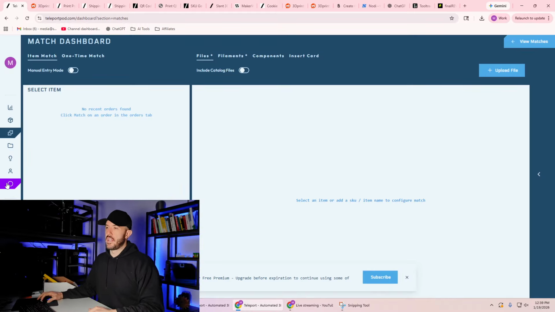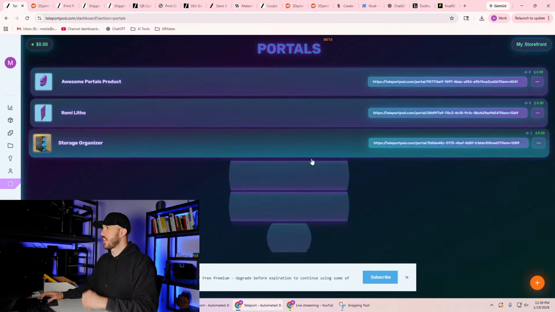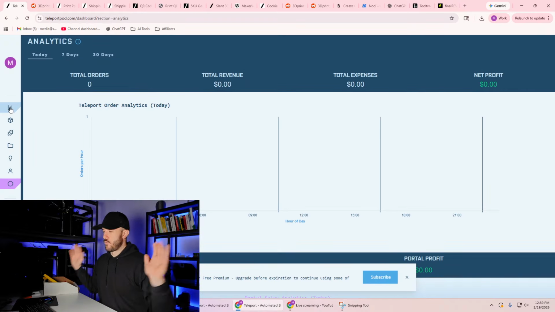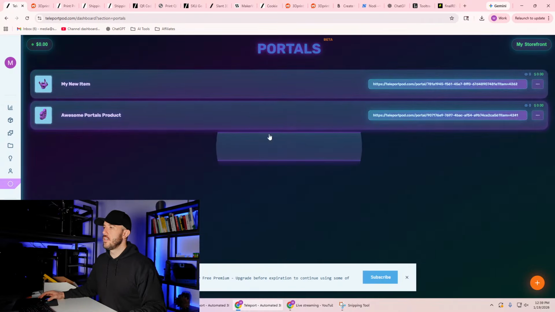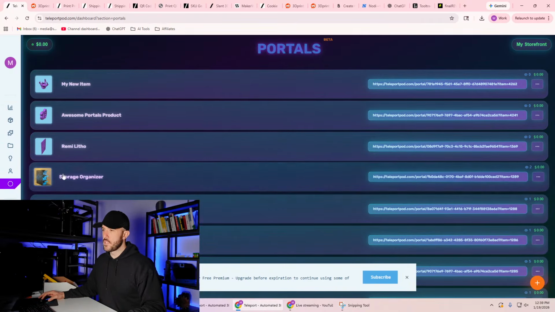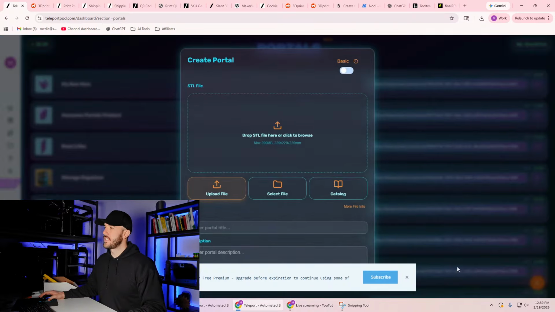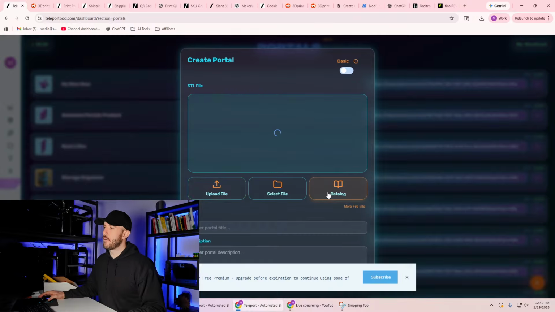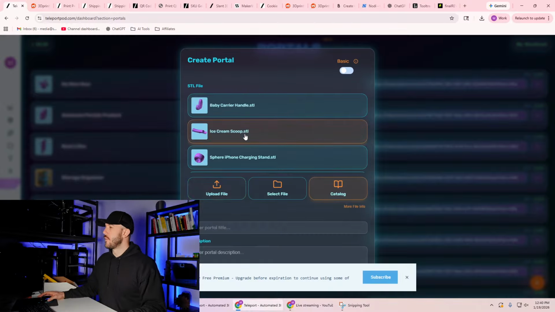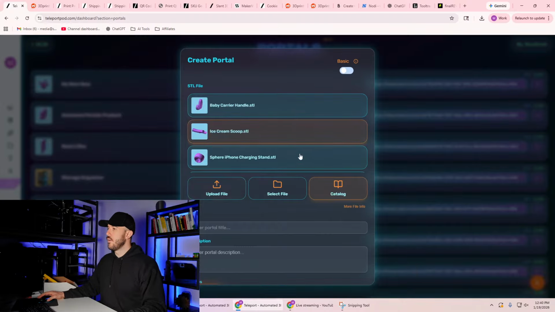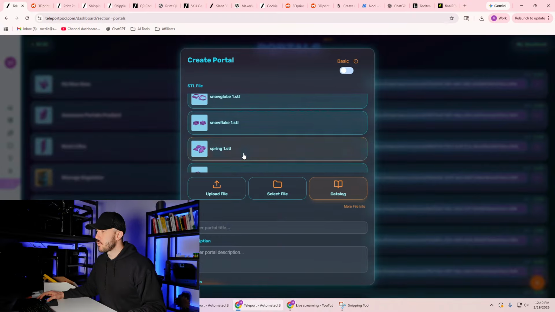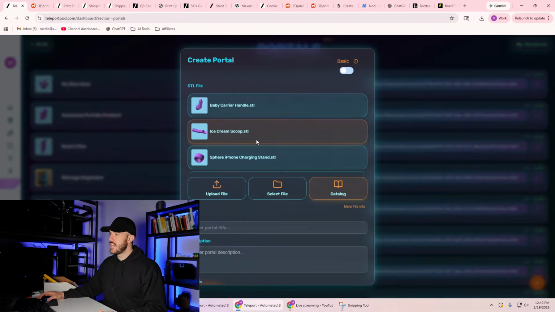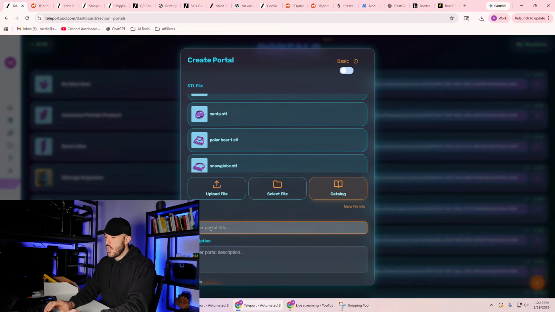Let's go ahead and do this right now, actually. Right here, if I want to create a portal, here's what I do. Signed into portals, right here, just like this. I sign into Teleport, go here to the portals button, which is so darn cool, and I say plus, and then I upload a file. In fact, I'm lazy, I'm not going to upload a file, I'm going to select a file from catalog, because there's a bunch of pre-prepped files ready to go. In fact, I'm going to do even more than that. I'm going to scroll down, I'm going to create a file for this thing, just as it is, and then I'm going to go ahead and say, cookie cutter,